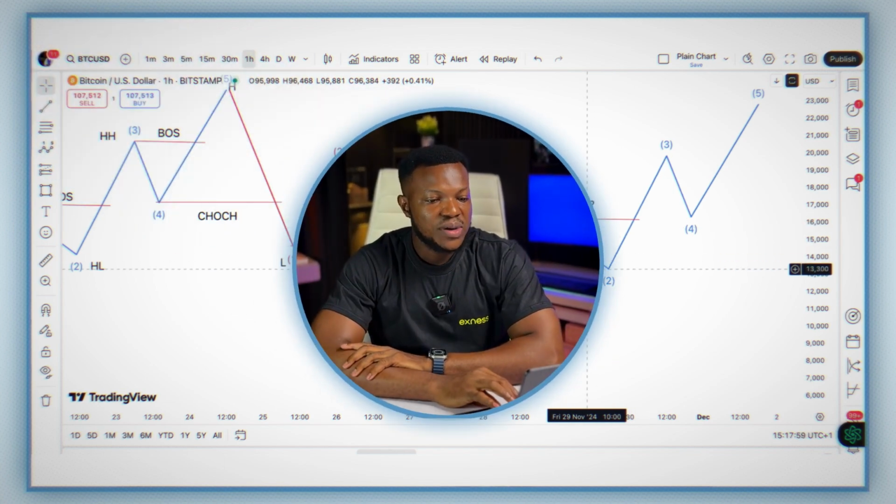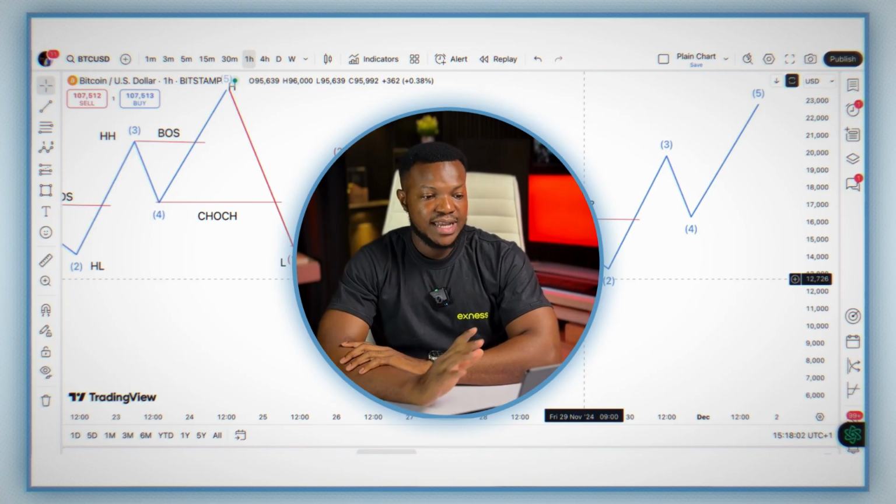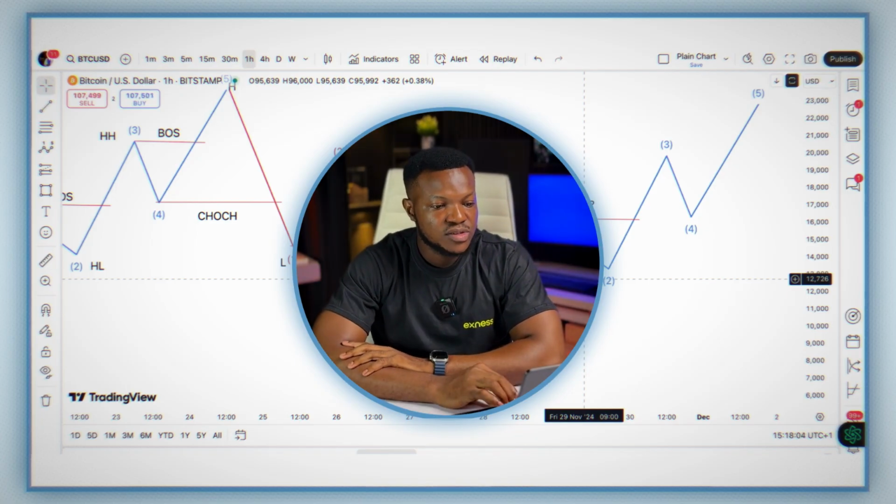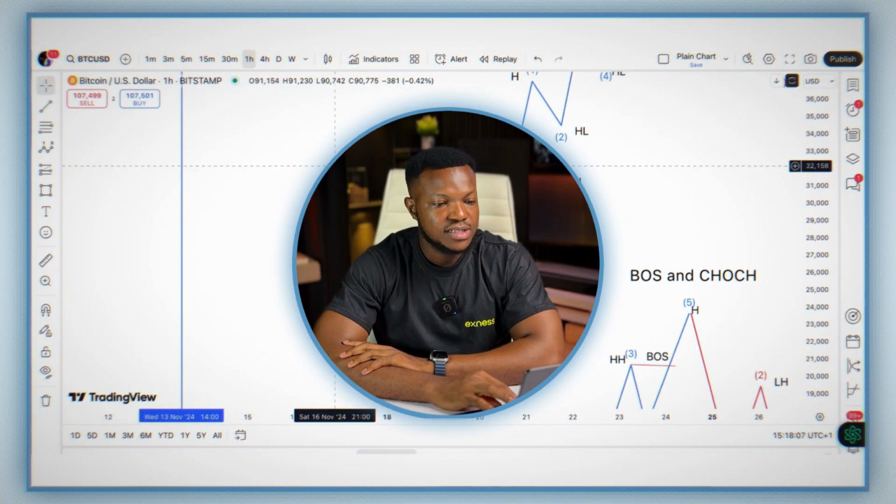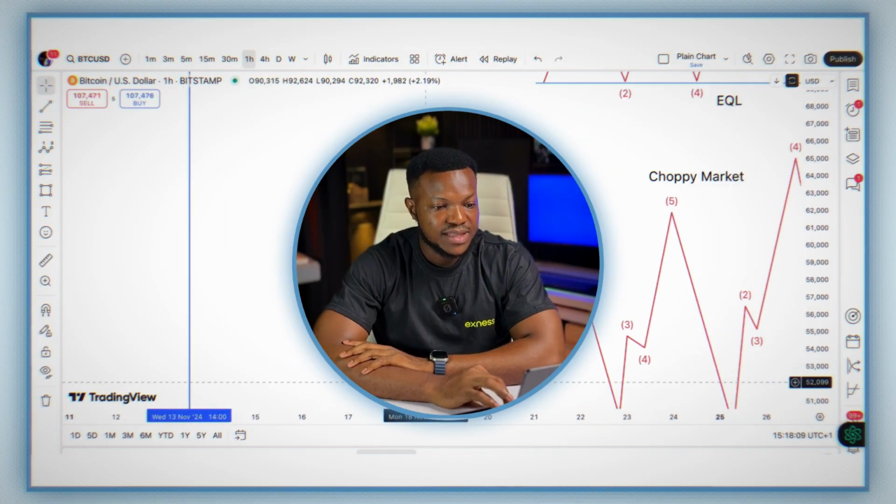So this is all we have about the concept of break of structure and change of character. Now let's go further to the charts and see how this concept applies to the setup that we had that